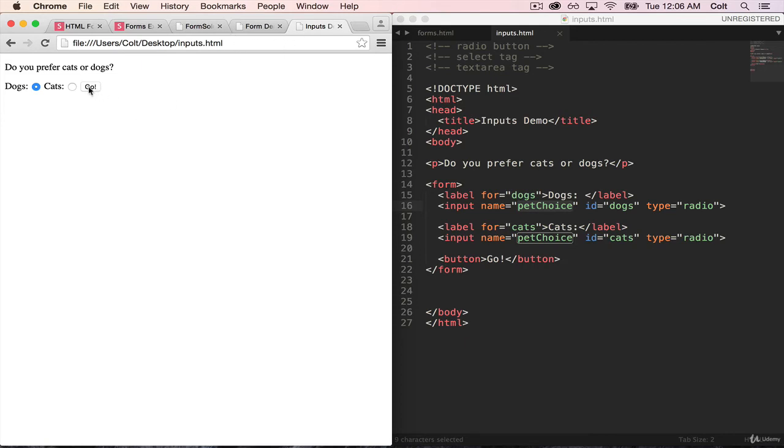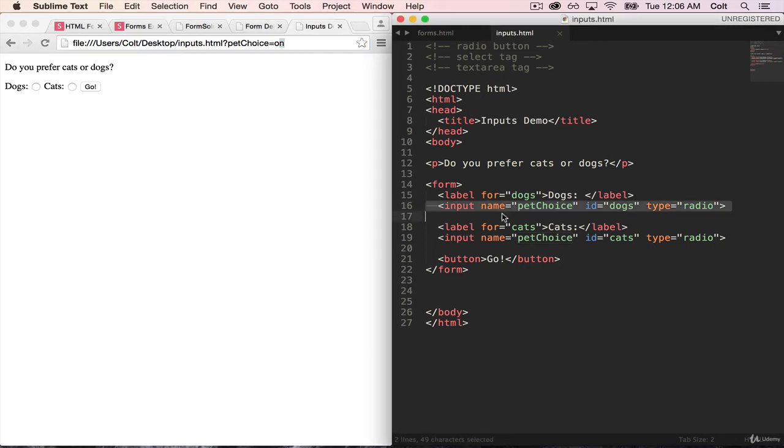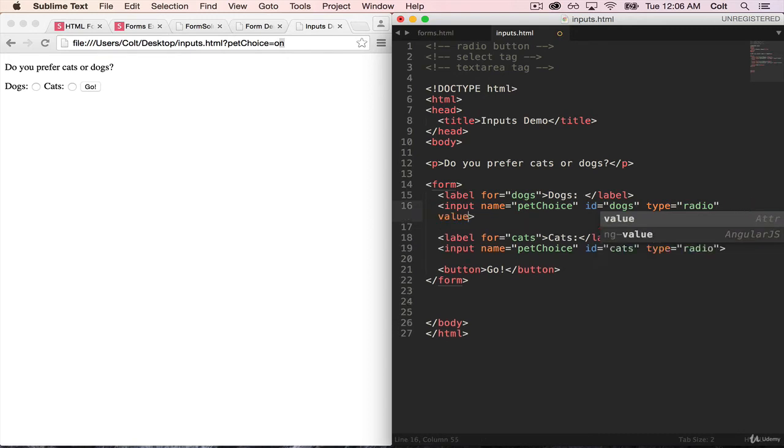When I click go, we see pet choice is equal to "on" or "on", which is not really what we expected. So we're missing one thing, which is we need to also say what the value of this decision is. So I'm going to go ahead and add the value attribute, and let's just say this value will just be dog,